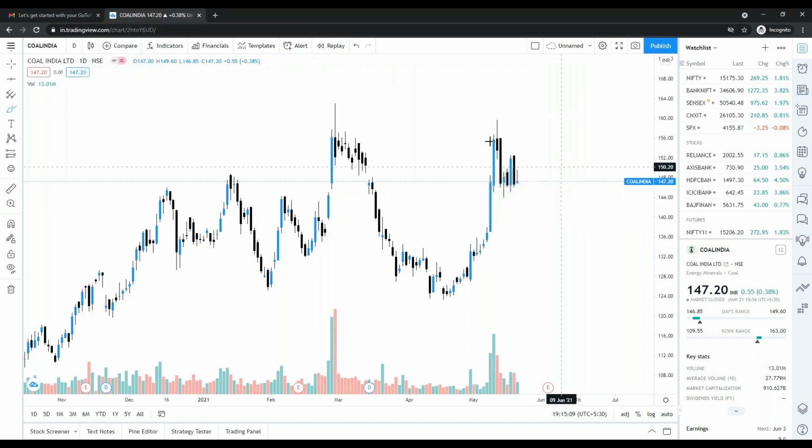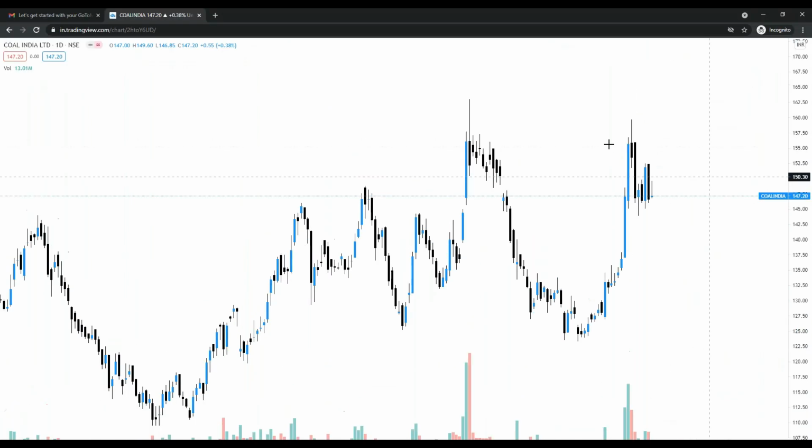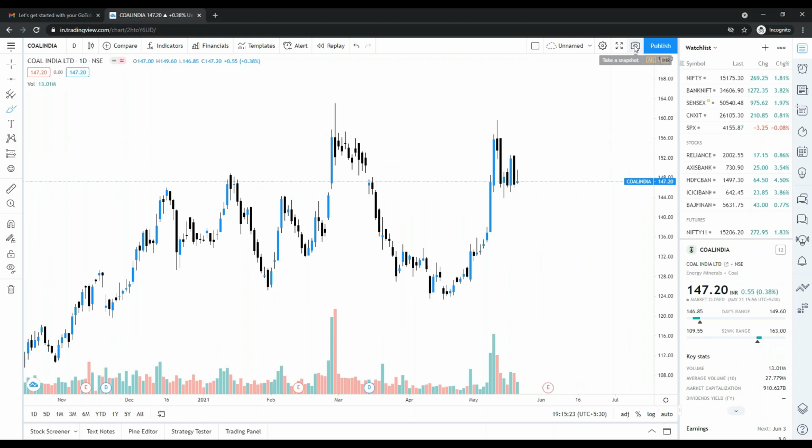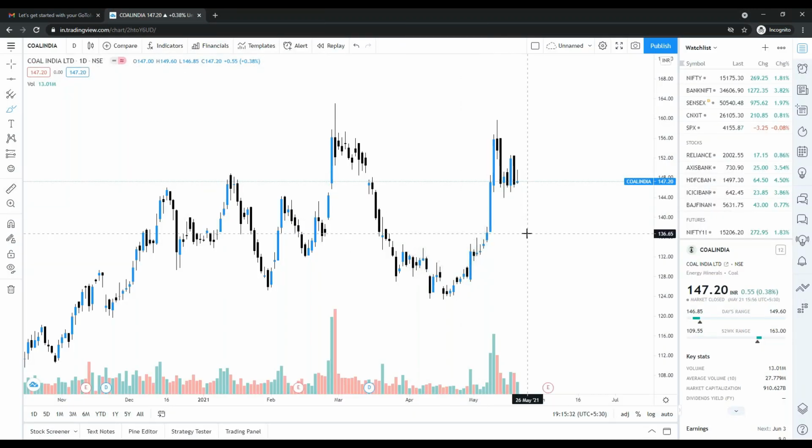And I want to save this analysis. You can save it here. I will show you at the end when I do some analysis and save it. This is full screen mode. You can do full screen over here, and press the escape button to come out of this. And here you can see snapshot. This snapshot is used to take a picture of this, and you can save it or share it with me while doing live trading. If you find difficulty, please share with me and I will be able to help you, right? Whenever somebody follows my course and needs help in the live market, I recommend just sharing the screen like me with your analysis, and I will help you there.